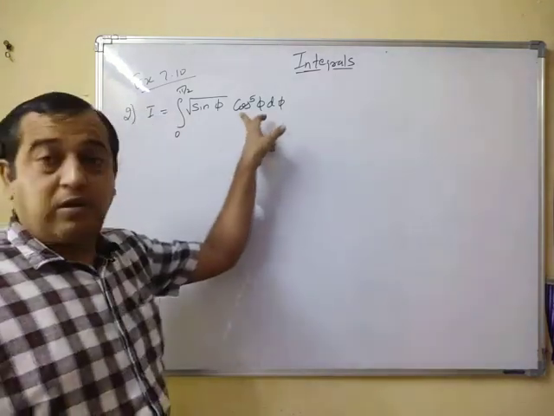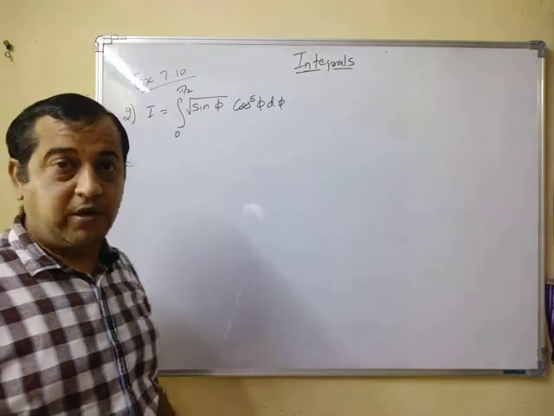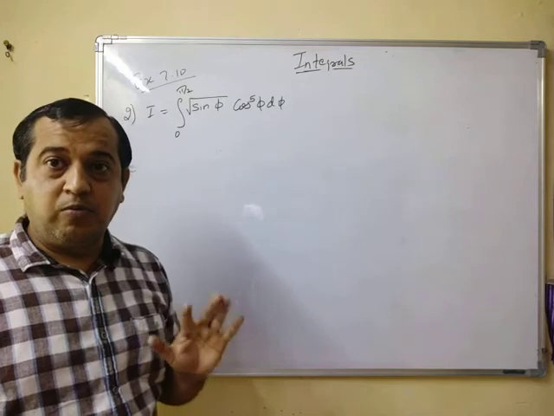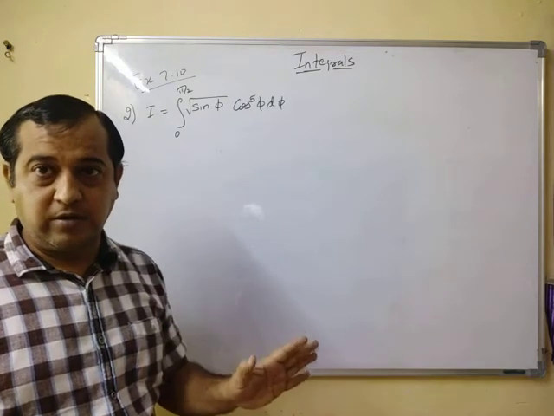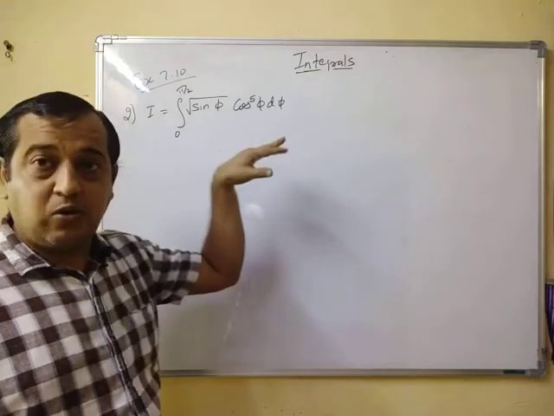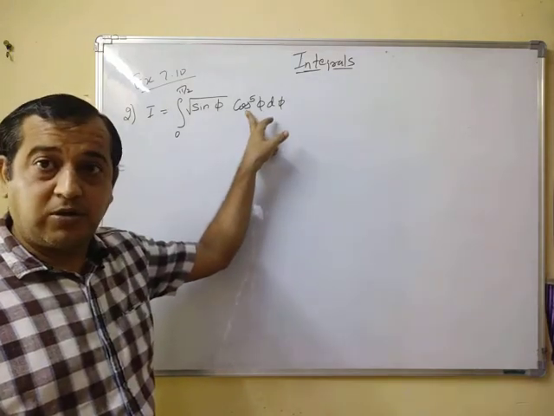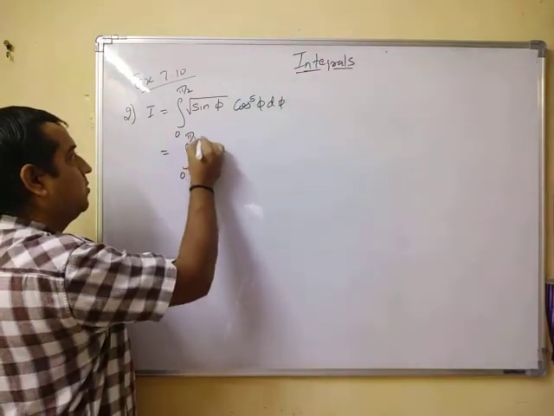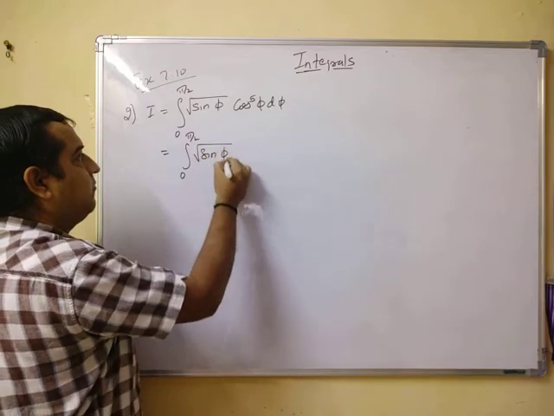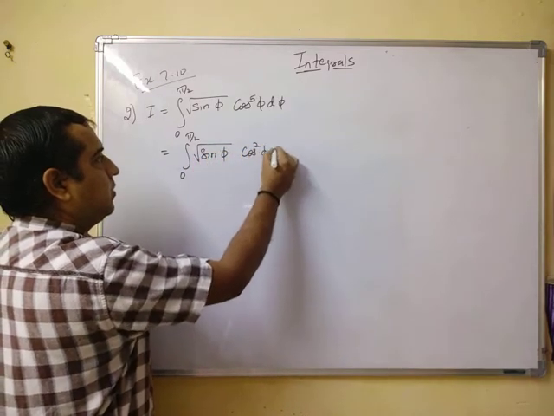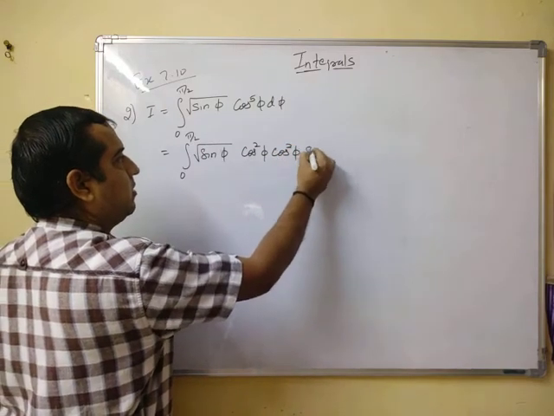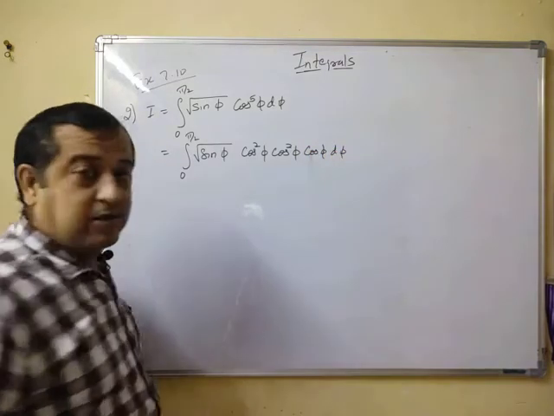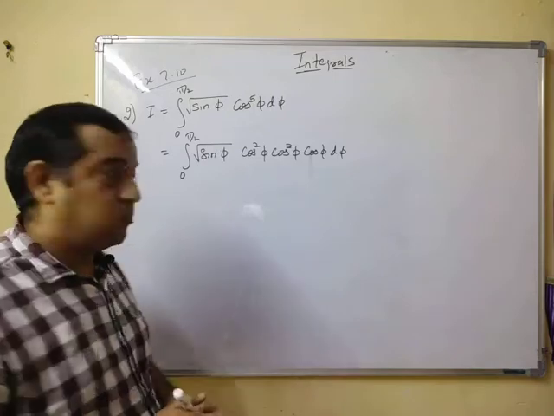Okay, now we know that the derivative of cos is minus sin, but here you can see that the sin term is inside the under root. Okay, clear? So putting cos phi as t is not right. Derivative of sin phi is cos, so can we get a separate cos here? Answer is yes. Now see, integral from 0 to pi by 2 under root sin phi, this is cos square phi cos square phi cos phi d phi. Cos raised to 5, split it 2, 2 and 1.